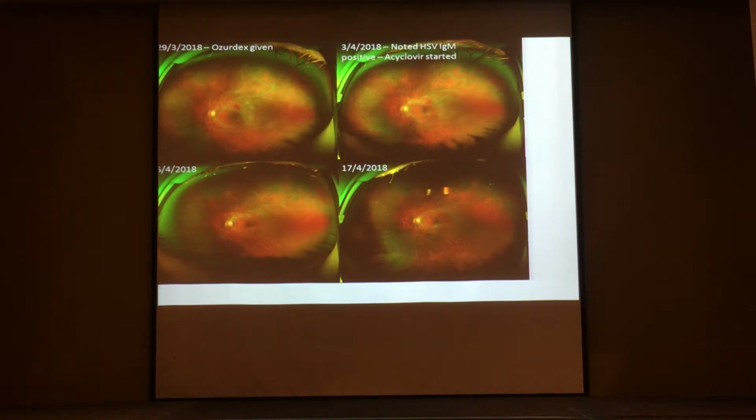So this retinitis appeared in response to Ozurdex. We know with Retisert, there were so many events reported of CMV retinitis. I have seen myself where somebody injected triamcinolone and the patient developed CMV retinitis. So if I have to think in terms of a viral retinitis, I would have CMV retinitis on top of the list. The hemorrhages that we are seeing are more often seen in CMV than in HSV or VZV retinitis. Perhaps that's the reason why she has not responded to acyclovir,